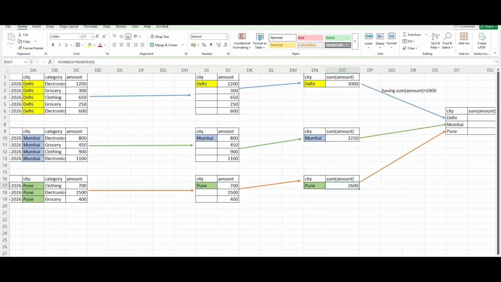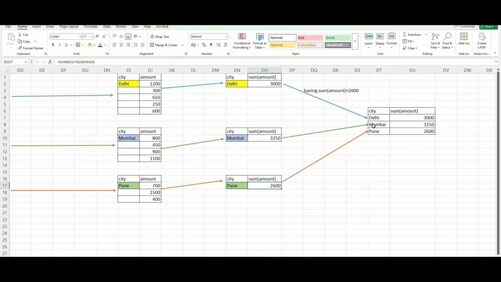now we can put one filter on this, that is HAVING SUM of amount greater than 2000. Now if you see, this is greater than 2000, so it comes in the final output. This is greater than 2000 SUM of amount, yes, it comes in the final output. Similarly, if you're looking for greater than 2000, it satisfies the condition, so this complete row comes in the output. So this way we get the output. I hope you are able to visualize